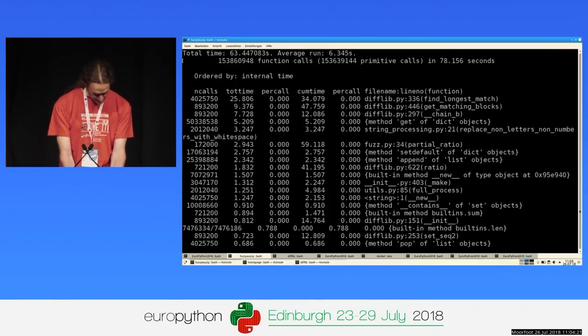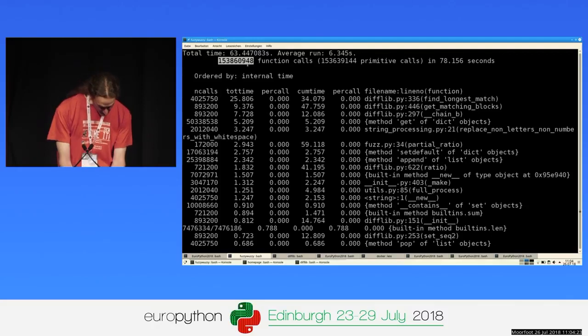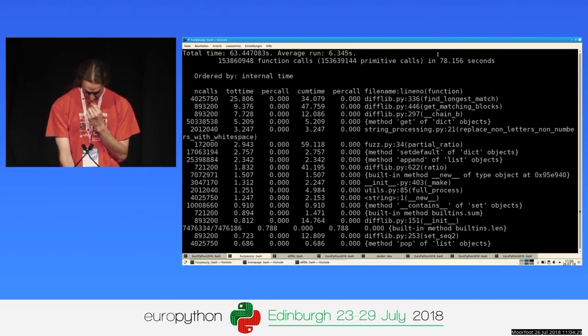So I've executed lots of function calls. How many are there? 153 million function calls along the way. It took 78 seconds to run now.